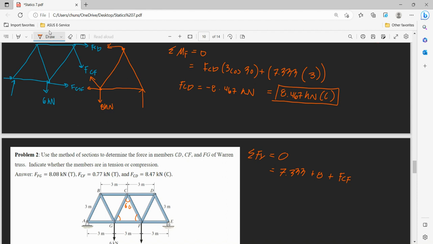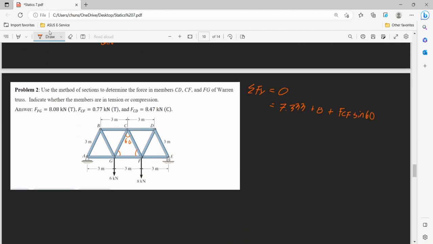So that leaves our 60 degrees here. So this is FCF, and we want the sine 60, which is our y component, and we get FCF is equal to negative 7.333 minus 8 over sine 60, which is equal to,